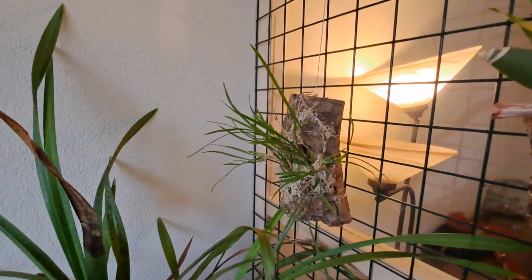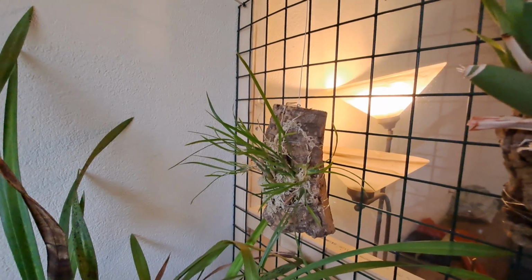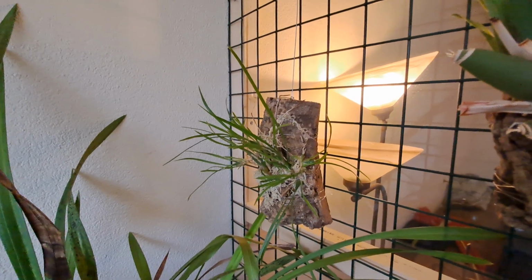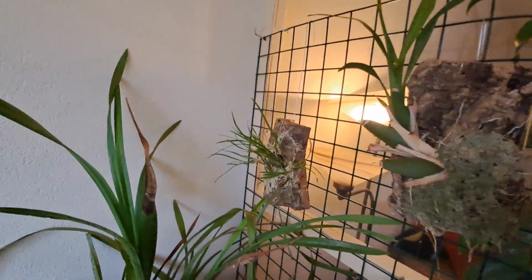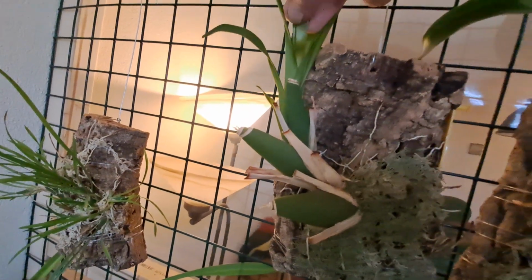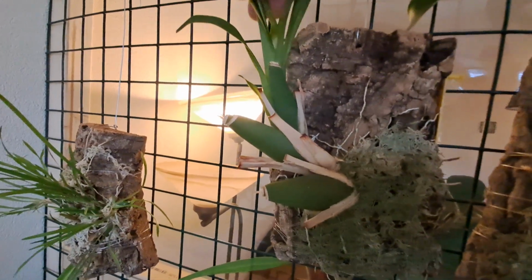That's the Gomesa, as it is called these days. It's growing, making new roots, and is generally happy. Does get a lot of sunlight, and not supposed to do that. Yeah, is this yellow? Yes, oh, that looks really bad. Okay,